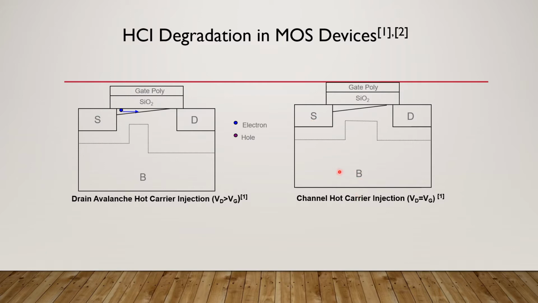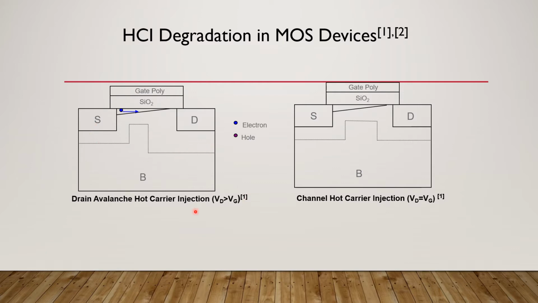Shown in the figure are also the gate polysilicon, the SiO2, and the channel, which is pinched off here because of the inversion region, and whatever is not inversion region is depletion region. You can see the source depletion region, because Vs is equal to 0 and Vb equal to 0, has a lesser extension, whereas the drain depletion region, because Vd has some value, let's say for a 5 volt device it is 4 or 5 volt, is larger. Because of that, the drain to bulk depletion region is larger than the source to bulk depletion region.